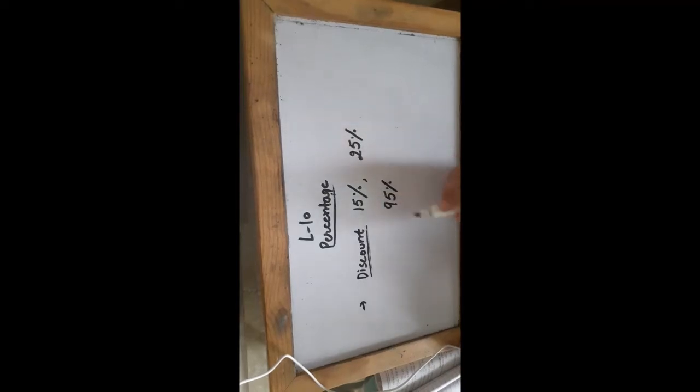Okay, now even if you go to the banks, you can hear over there that the bank charges interest of 20% or 30%. So in many places you hear this word percentage: 15% there is a discount, 25%, like this. You scored the marks 95%, the bank will give you a loan at 20% or 30%.